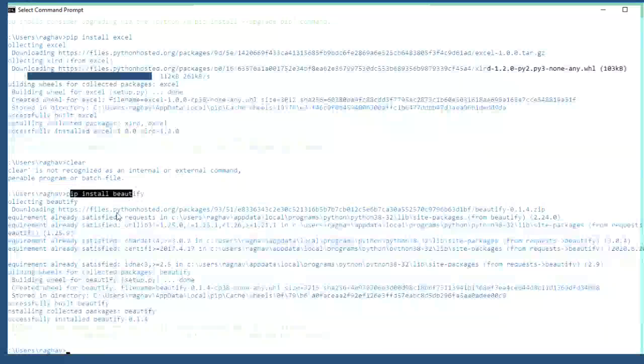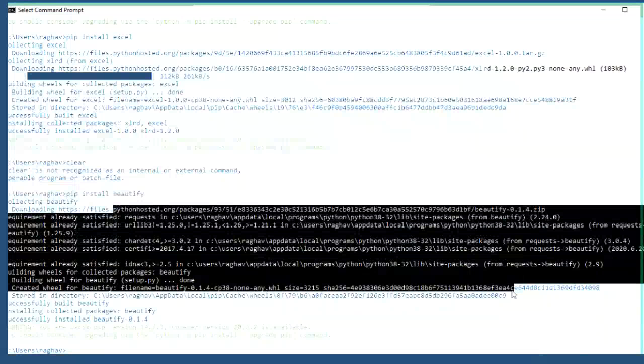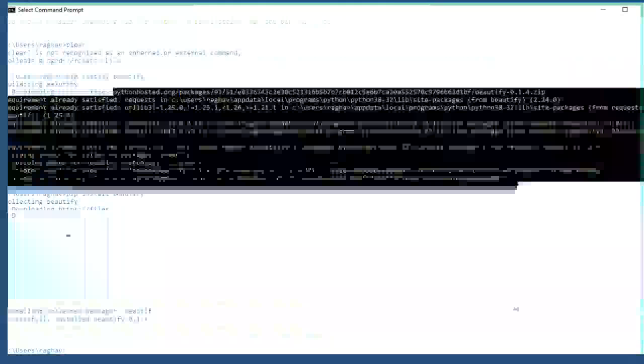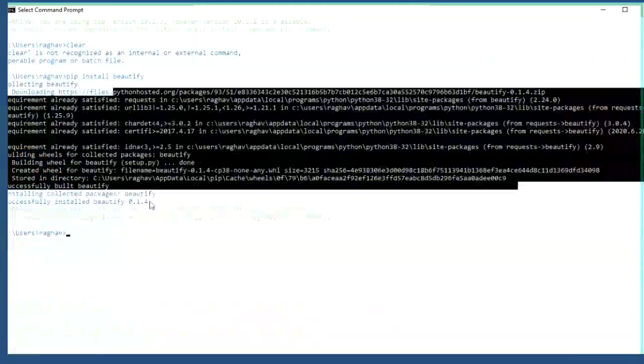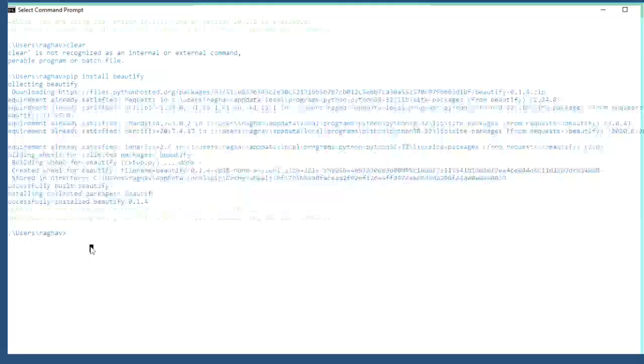It gets connected to the server and copies all the packages. At the end, it says you have successfully installed this particular version of Beautify, and it gives a warning that you have not updated your pip version. But that is not mandatory to concentrate on. If you want to upgrade, just use this command.